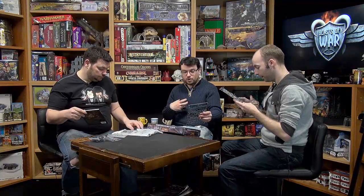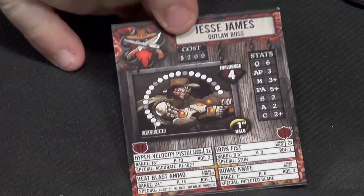But it's going to pop on the table and you can quickly see, oh yep, definitely a Lawman. Yeah, and the shotguns and stuff on this look great. On the front of the cards, we have cards here for all the individual guys. So we have a card for Jesse James,